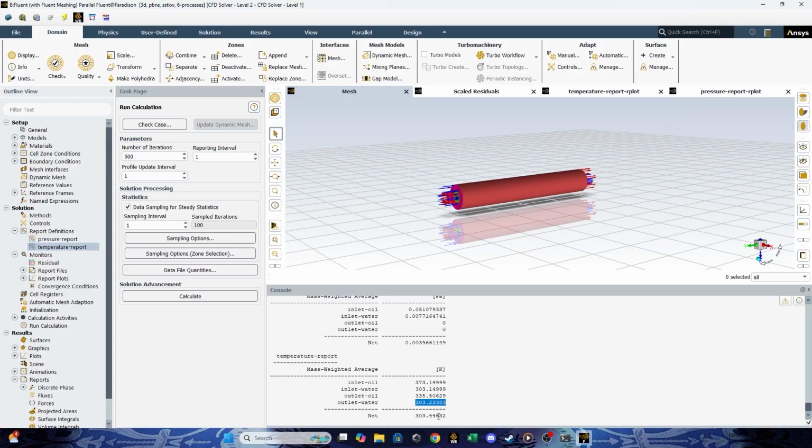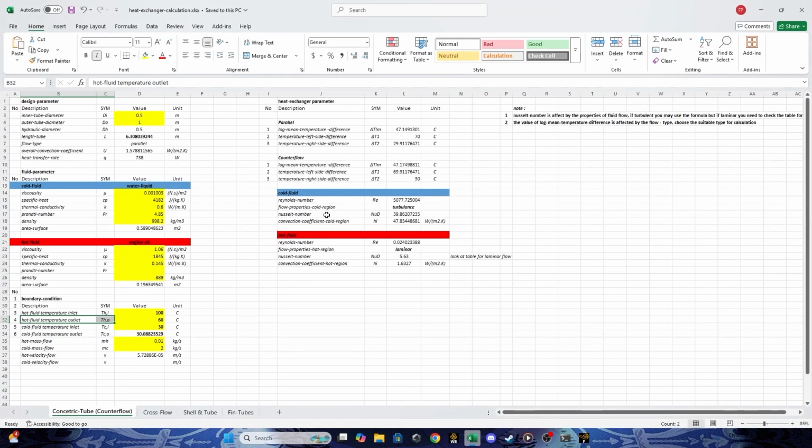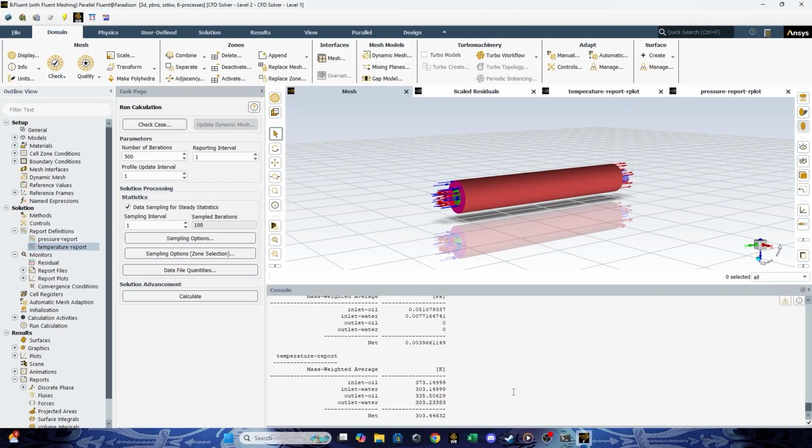But this is maybe due to the mesh quality and also the length of the pipes. We only take the rounded number 0.3 meter, so it may affect the calculation, but we can assume that the result is pretty much the same. And also for the outlet water. And yeah, so that's how you do the simulation.